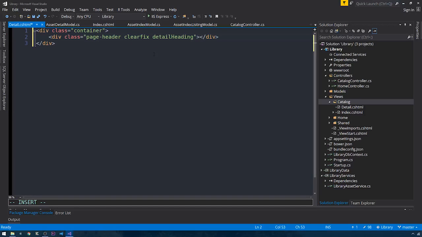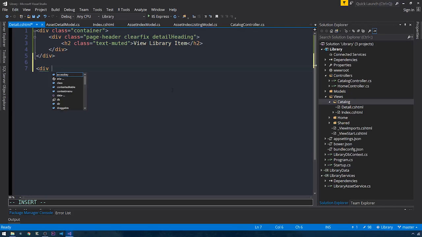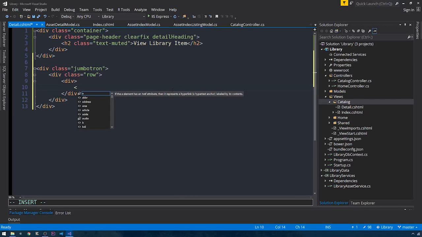And we'll give it a class of page header, clearfix, detail heading. And I'll go ahead and create an H2 tag here. We'll say view library item, so this will be at the top of our page. Create another div of class jumbotron. And inside it we'll create a row, and we'll have a div that's going to store the image for our